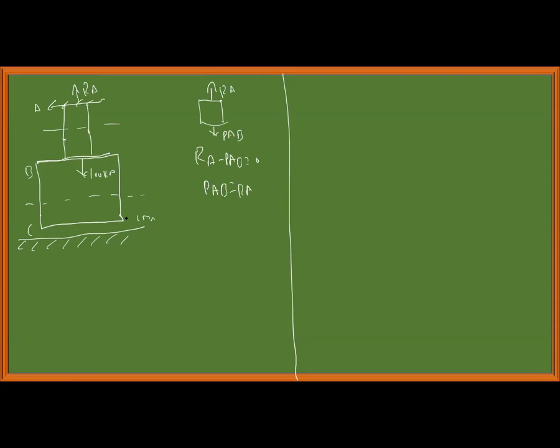I will write RA, P of BC, 100 kilonewton. RA minus 100 minus P of BC is equal to 0, or P of BC is equal